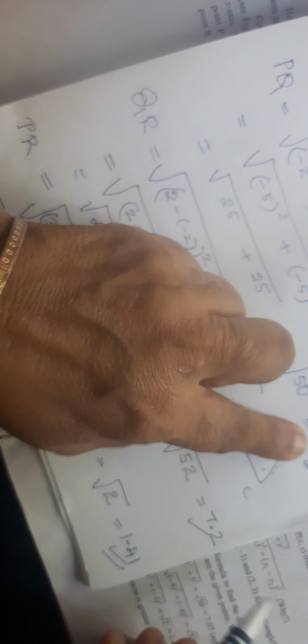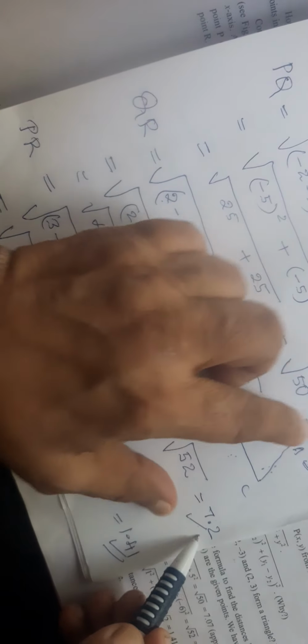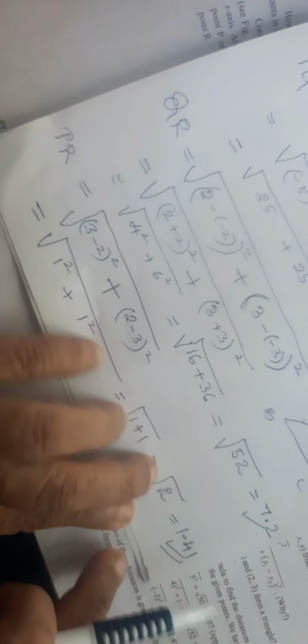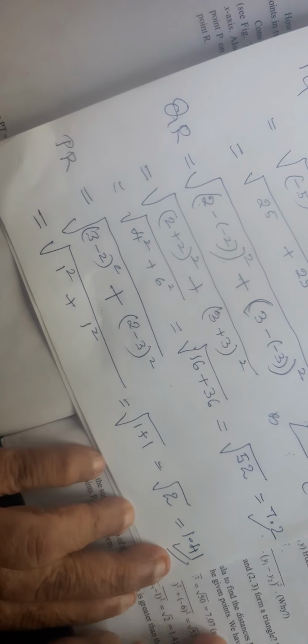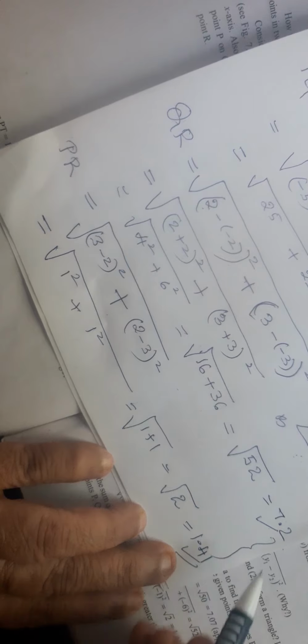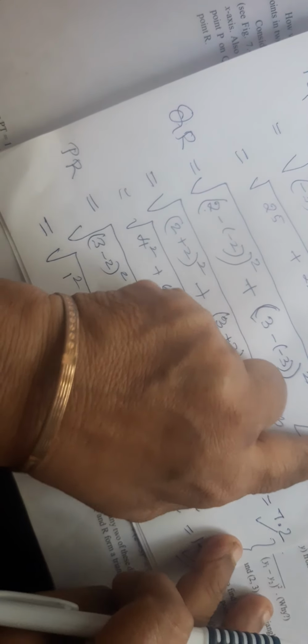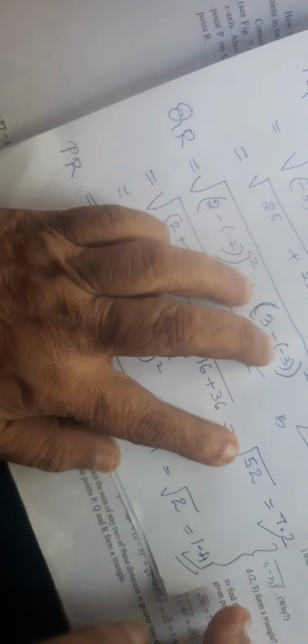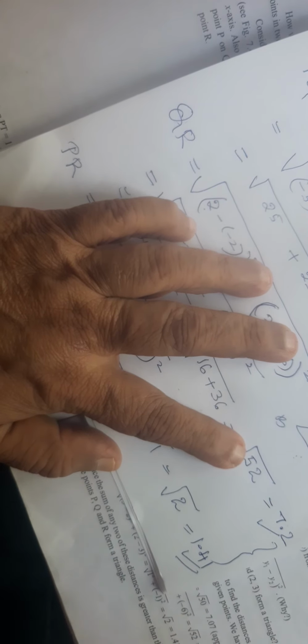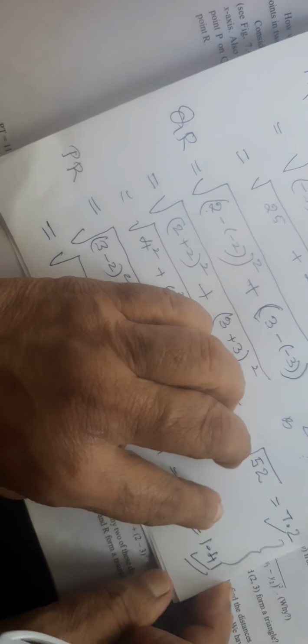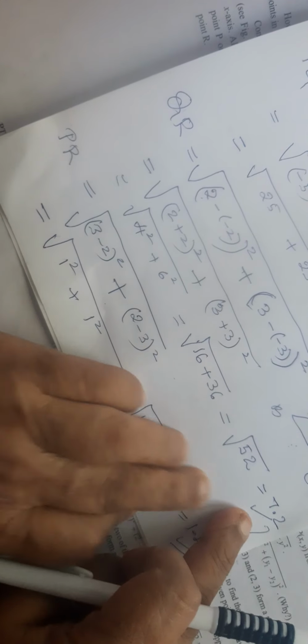Now see, 7.07 plus 7.2. Naturally, when you add this, it will be greater than 1.41. If you add 7.2 plus 1.41, it will be greater than 7.07. You add any two sides, it will surely happen. Now if you add 7.07 and 1.41, that also will be greater than the remaining side, 7.2. So I hope you have followed what I said.